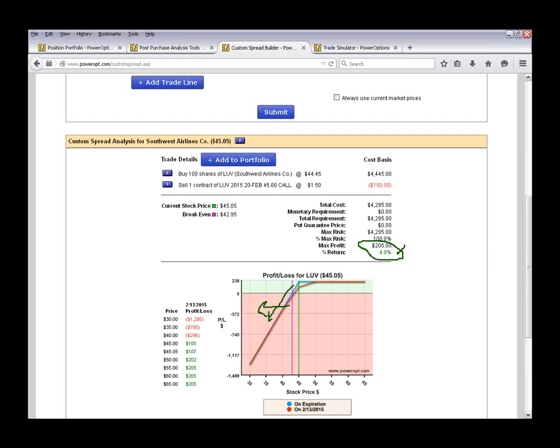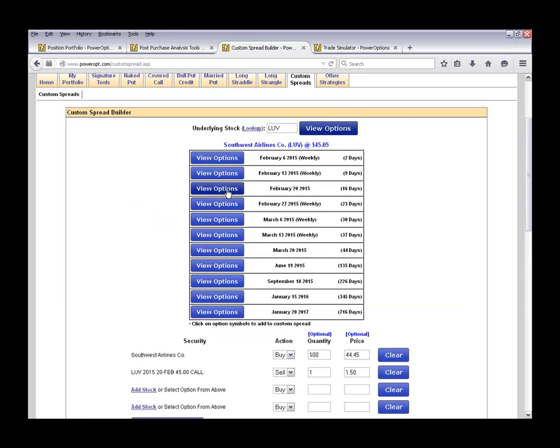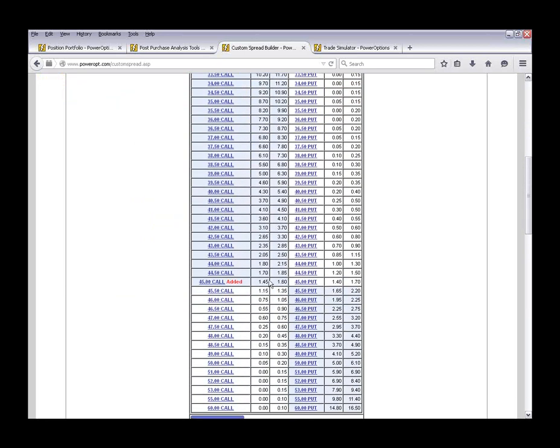So to lock in some of that risk, to protect against this large exposure we have, which we always have with a naked put position or a covered call, I may convert it to the collar. So we've got our covered call set up now that we took assignment, but I'm going to look forward to February 20th. I'm going to keep the same expiration date as the call that we sold. I know I'm collecting about $1.55, so I'm going to look for something that's about half of that, maybe 70